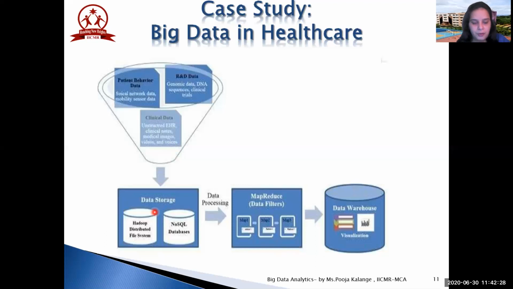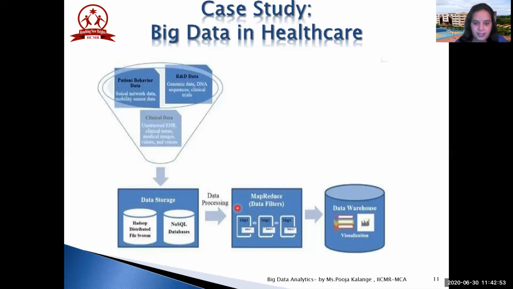Just to give you an overview, this data storage will be done in the Hadoop distributed file system. Since it is a distributed file system, the data will be stored across multiple nodes and multiple servers, as you know from the basic concept of a distributed file system. After that, there will be a map reduce algorithm which will help to map the data. It will do some filtering based on the patterns and the associations, and the data will get reduced into a proper format.